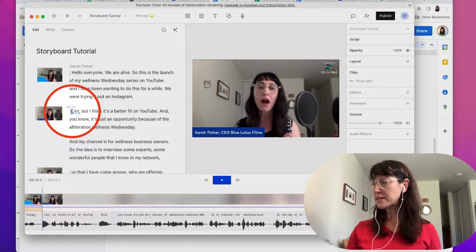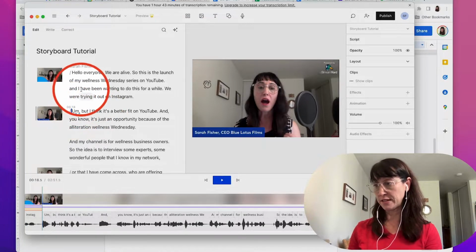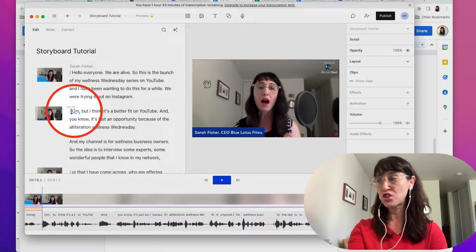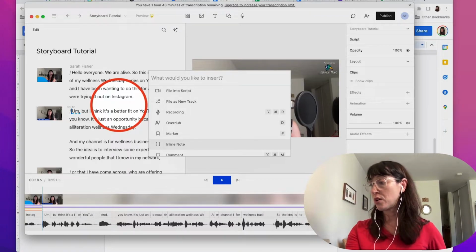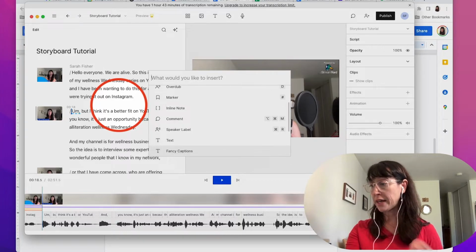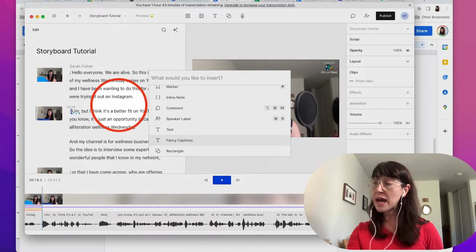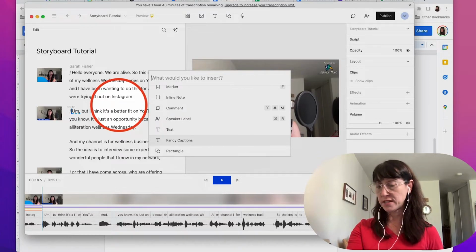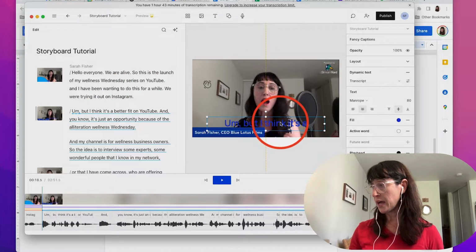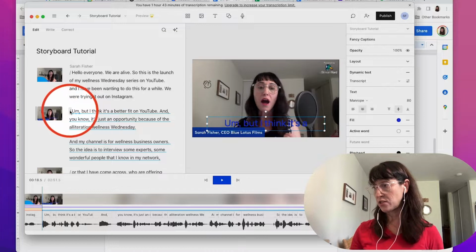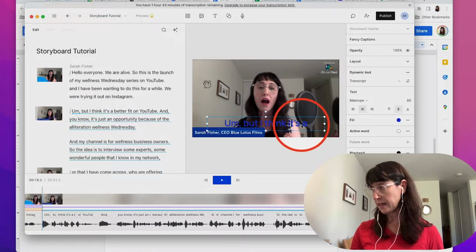Okay, so if I wanted to add captions, I would put the cursor where I want to insert the captions, and then I'm going to hit Command-Shift-K on my keyboard, and you'll see it gives us all kinds of different options. So I could do an audio recording, I could change the speaker label, I could add text. So let's go ahead and add fancy captions. And so it's going to add the captions here, and again you can see it's contained just within this scene,